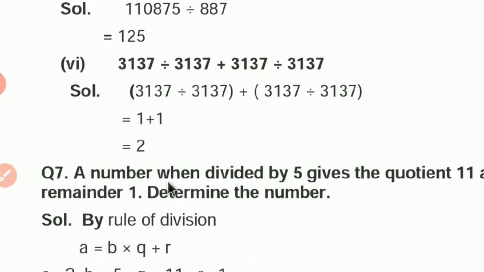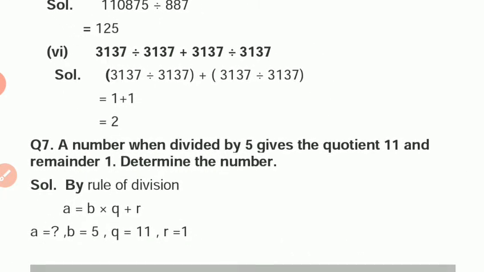Now question 7. A number when divided by 5 gives the quotient 11 and remainder 1. Determine the number. Here we have to use the rule of division. As we have already studied in the properties of division, if we divide any whole number b by another whole number a, we will get the quotient q and remainder r. So here, a number divided by 5, we have to find the number. So we take the number as a, which is a question mark,